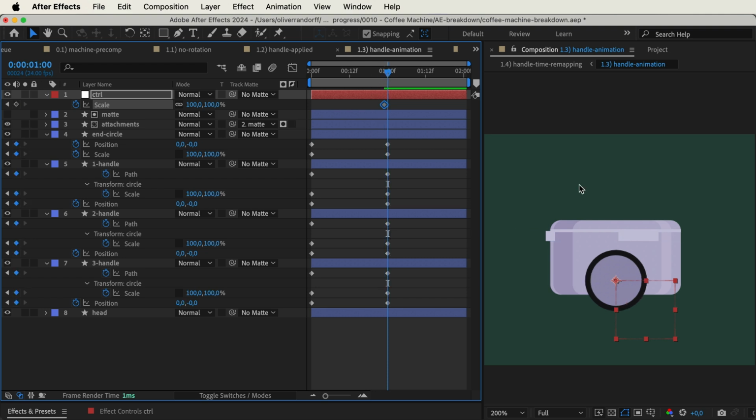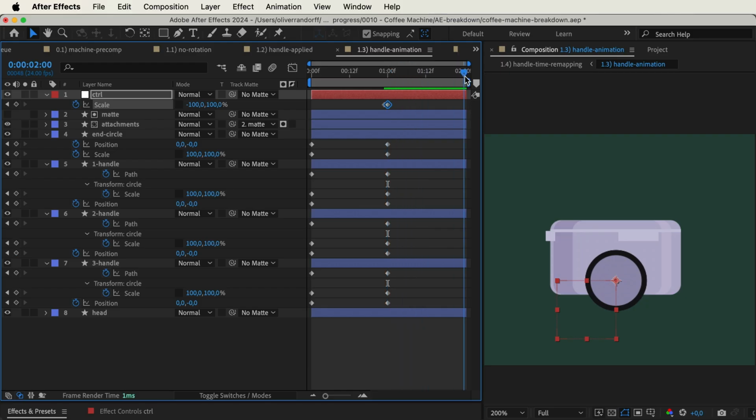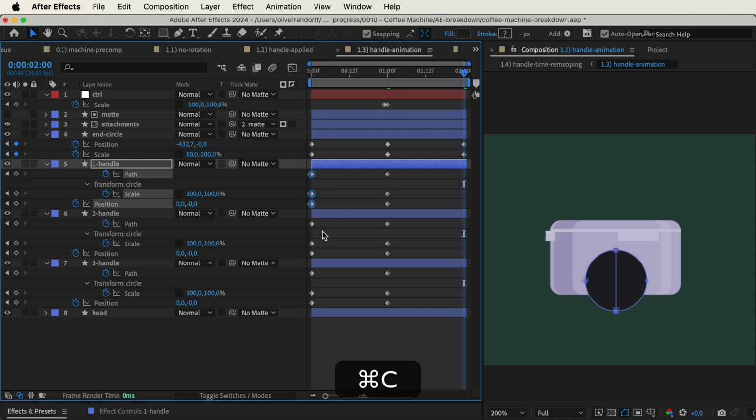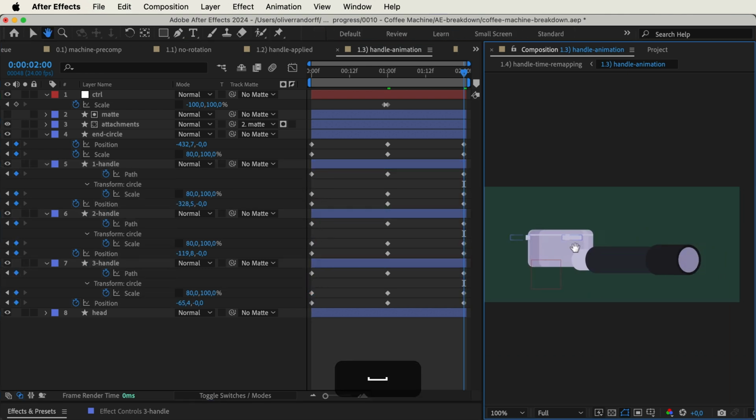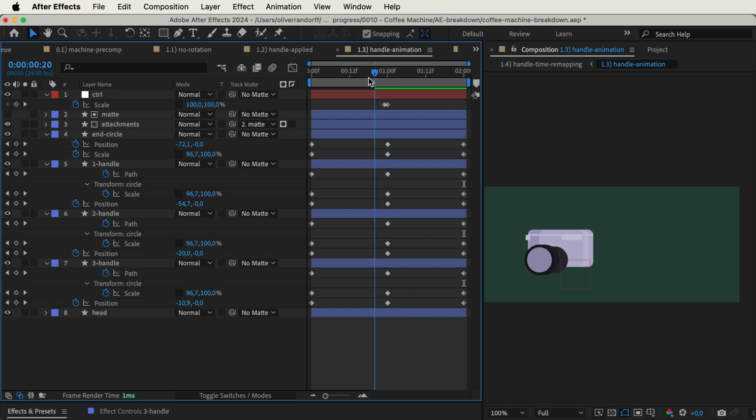And then when we get to the middle point, we'll just unlock the constraint proportions, and we'll go -100 in the X scale. This way we basically make it flip at the very center, and therefore we can go 1 more second ahead. Then we can copy and paste these initial keyframes, and that way we have the very same animation, but it's just on the other side. So we're basically just flipping it so we don't have to recreate everything from scratch.